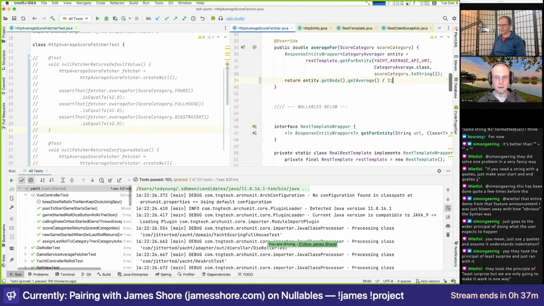Oh, no. They've changed the behavior. They've broken the code. But all the tests pass. So what I want to do is demonstrate that if we were to use the null version of HttpAverageScoreFetcher, it would catch it. So I think on the left-hand side, if you open up the game service, anyway, whatever tests